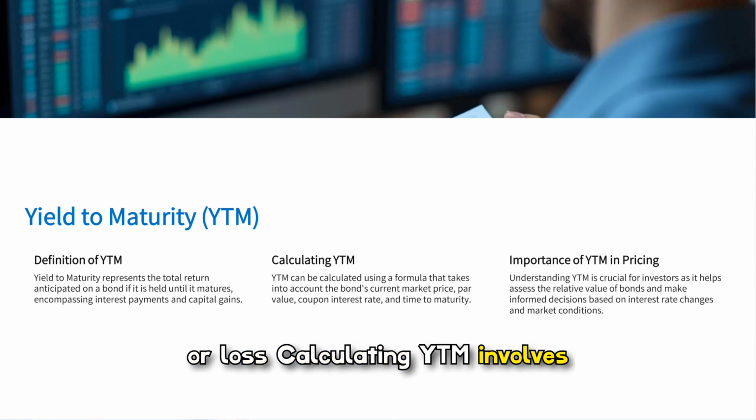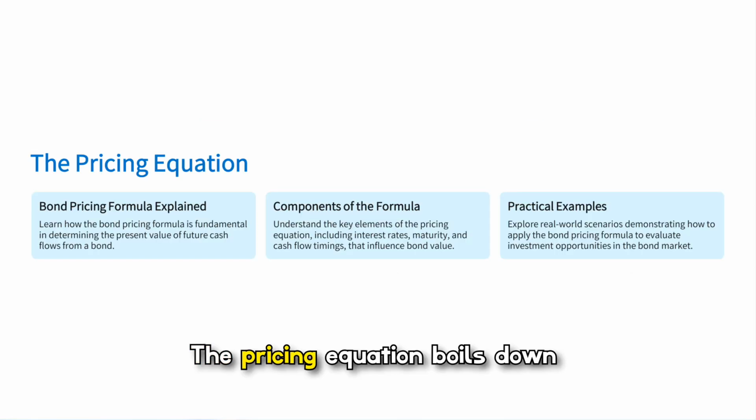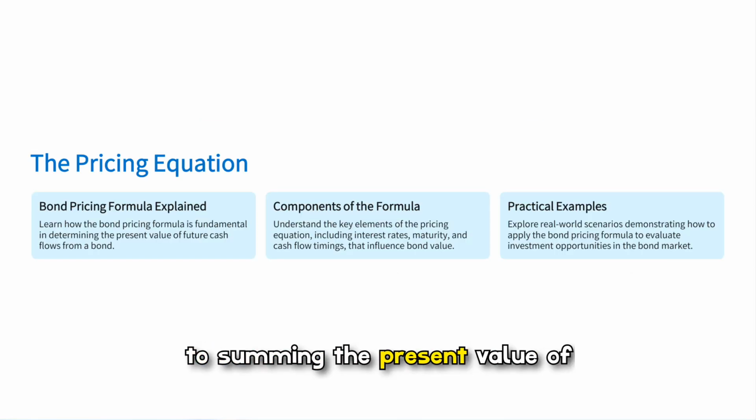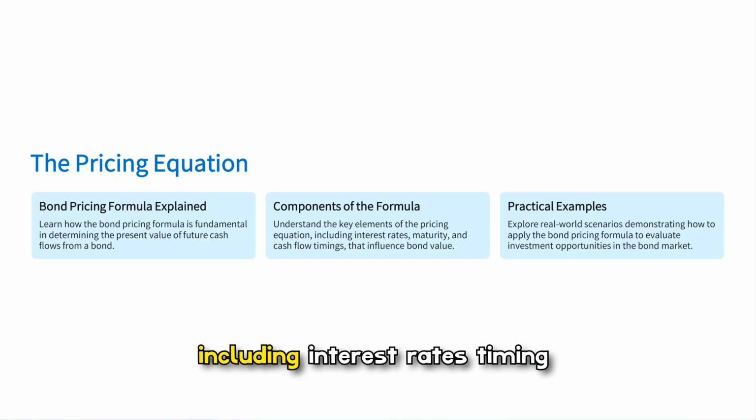Calculating YTM involves the bond's current price, coupon, and remaining time to maturity, and it's crucial for comparing bonds and assessing how attractive a security is relative to alternatives. The pricing equation boils down to summing the present value of all future cash flows from a bond, its coupons and face value, using a discount rate that reflects risk and market yields. Understanding each component, including interest rates, timing, and risk premiums, makes the formula practical rather than abstract when evaluating real